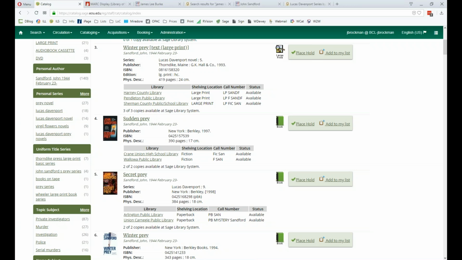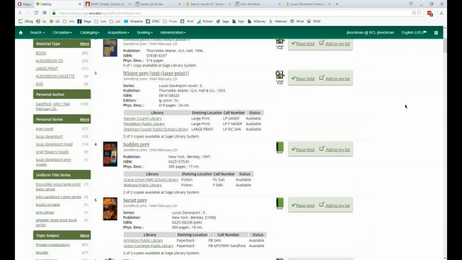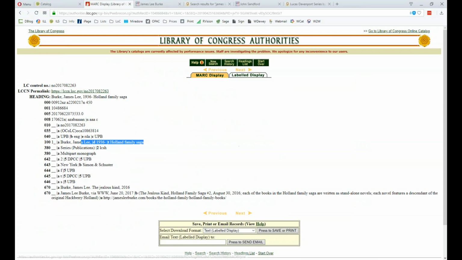I like using the double keyword, especially with the Spanish items. Yes, I like using double keyword too. I concur. So if we were to go into Library of Congress, which is the next step that we would take, right? Let's do a search